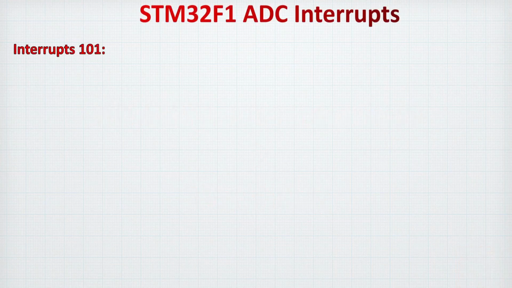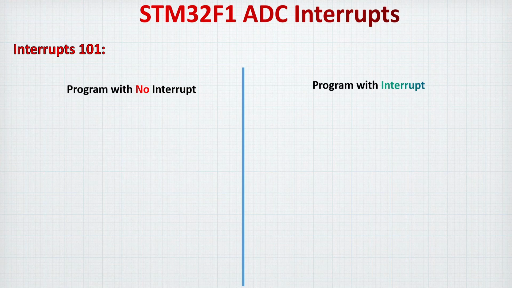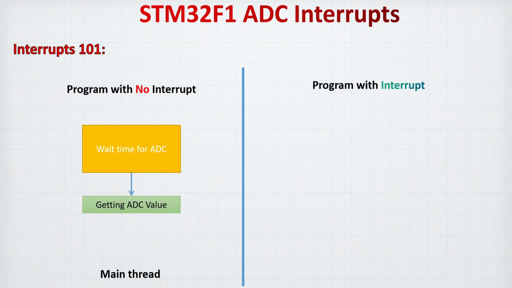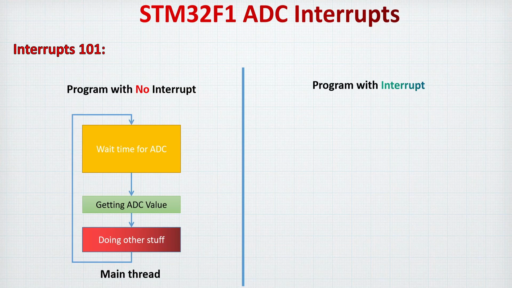First of all, let's have an interrupt 101. Let's make the comparison between the program with no interrupt and the program with interrupt. In the program with no interrupt, we have the main thread where we have a wait time for the ADC. So we need to wait until the ADC reads the data and it is ready. Then we get the ADC value, or the read value, from the ADC. After that, we are doing other stuff, and here again. So you can see that there is a huge waiting time for the ADC that the microcontroller will waste just